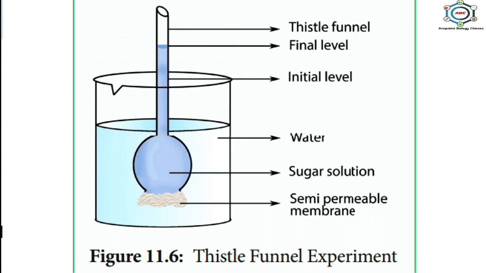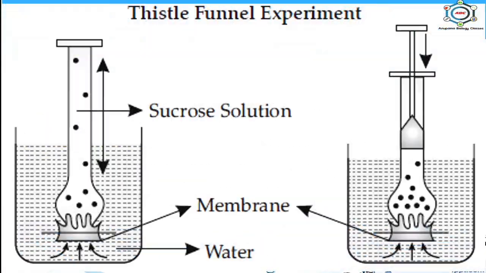Now, here you can see the method of demonstration of osmosis, that is the Thistle funnel experiment. For this, take a Thistle funnel, cover its wide mouth with a goat's bladder membrane and tie it with thread. Now, pour the salt or sugar solution in the inverted funnel till it reaches up to the middle of the vertical tube. Dip the inverted funnel in a beaker containing pure water. Fix the vertical tube of the funnel with a stand. Mark the level of solution in the tube. Observe the change in the level after some time.